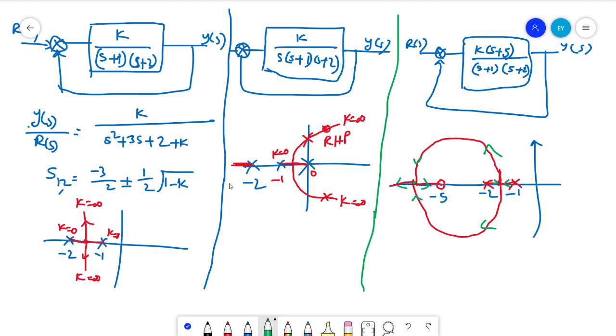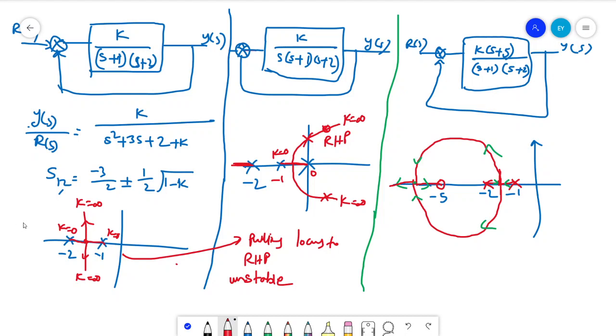Adding an integrator, see, from this point to this point. If you are adding an integrator, it is actually tending the locus towards the right half of the S-plane. It is pulling the locus towards the right half plane and making the system unstable, pulling a locus to the RH plane such that the system becomes unstable.